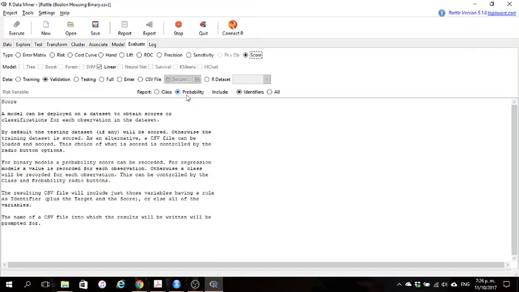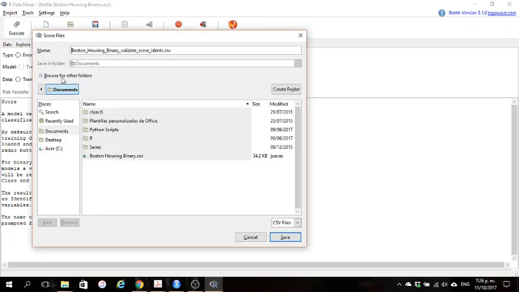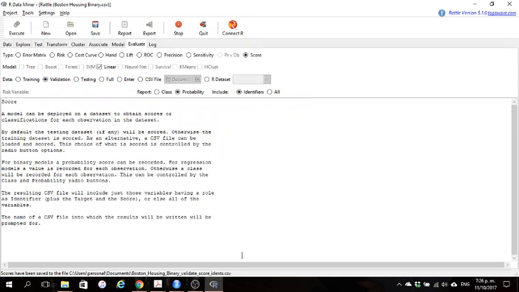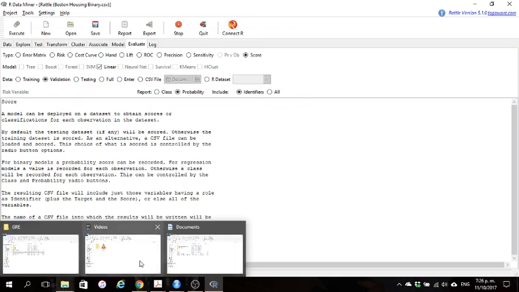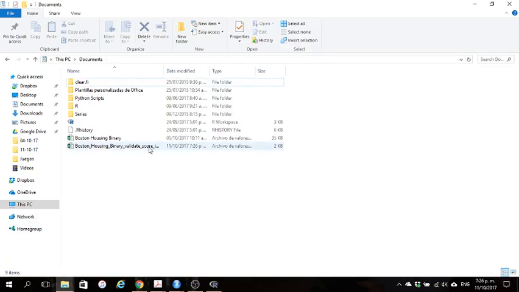So let's be sure that you selected this probability here and hit execute. It says it will save a CSV file. Let's save it here, and now you can go there and open it,